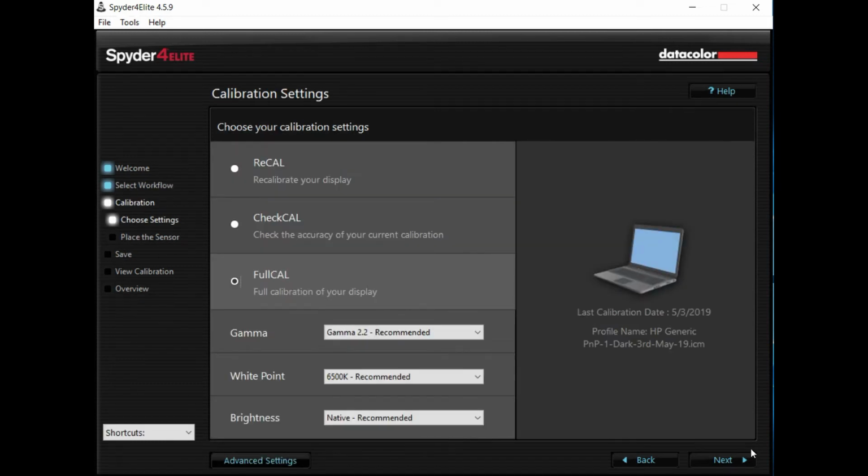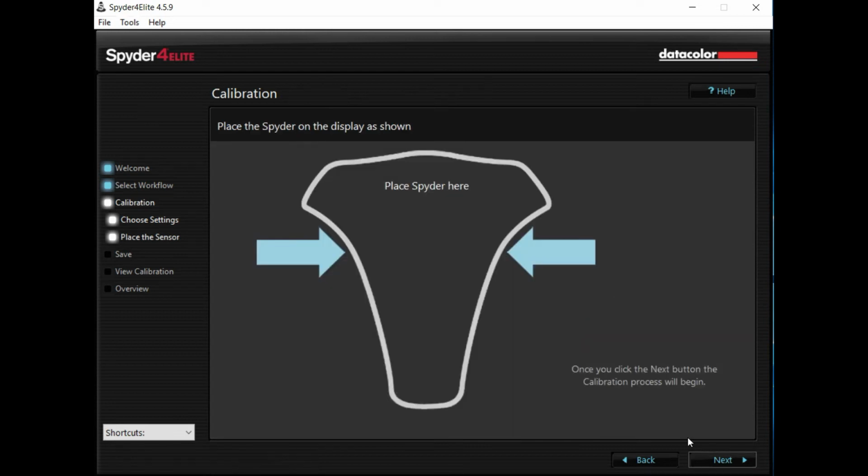So it is asking whether it will be a recalibration, check calibration, or a full calibration. I am calibrating this monitor for the first time, so I have selected full calibration and left the gamma, white point, and brightness at the default and click next. Now it is prompting me to place the Spyder device on the screen.